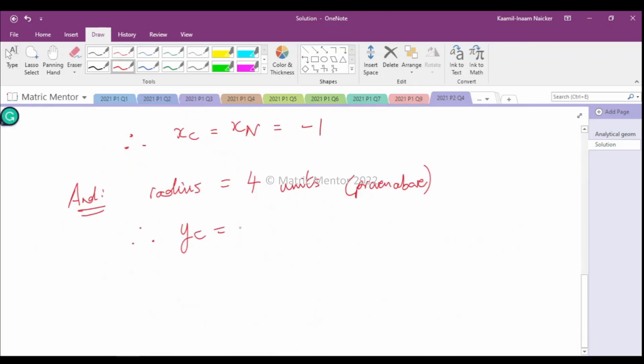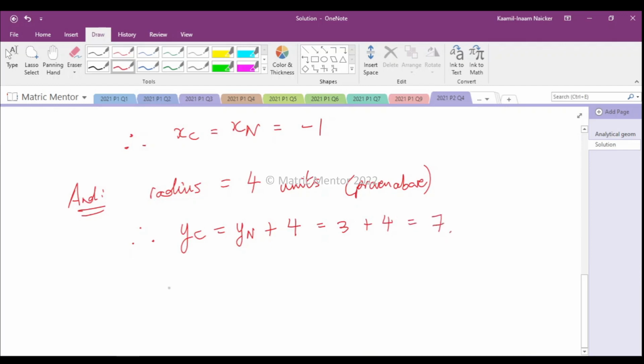So I'm going to label this as 3 plus 4. And if you want to put a further explanation, you can say, let's erase this. There we go. And you can say yN plus 4, which is equal to 3 plus 4,